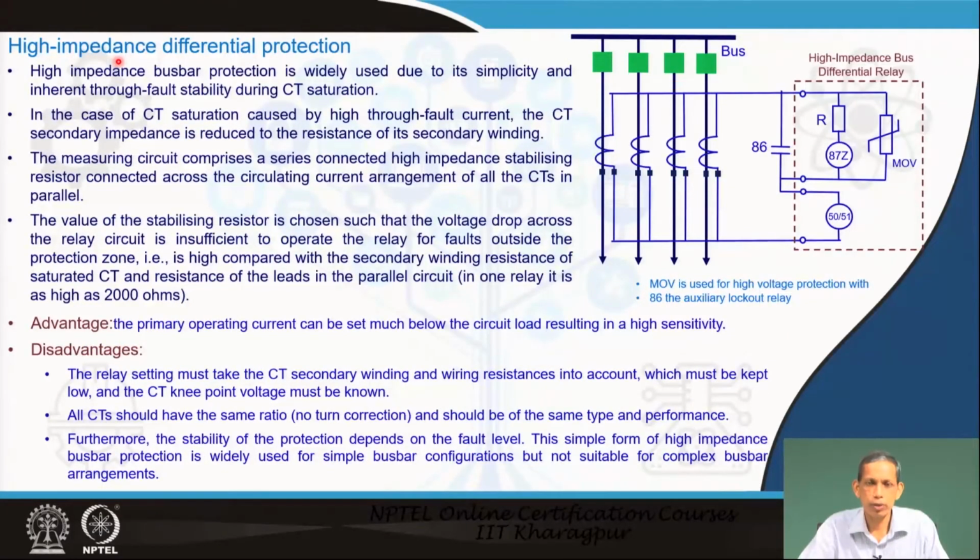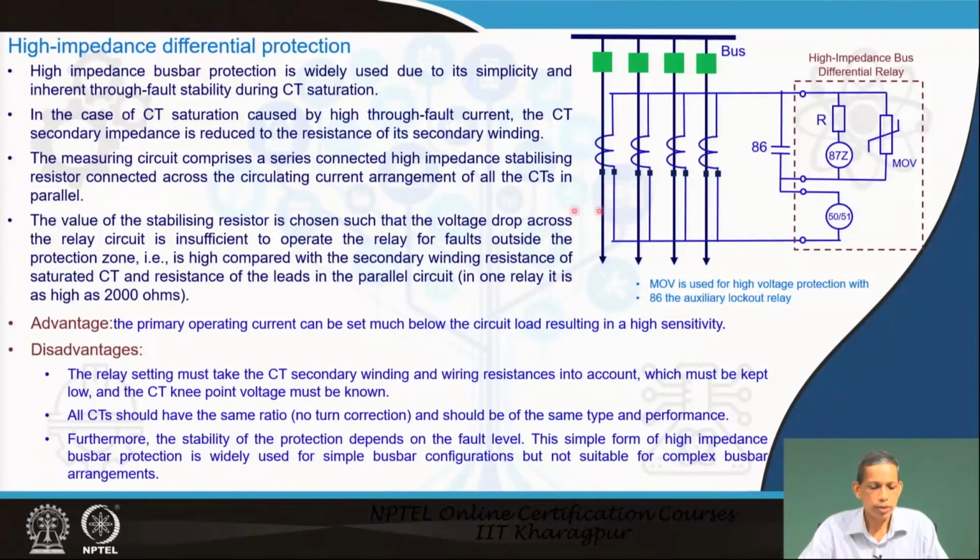The other one is the high impedance differential protection approach. The scheme is like this, and the connection diagram is different from what we saw for the normal differential protections with the low impedance approach. Here we have a high resistance value connected to a highly sensitive overcurrent relay. So, this is the arrangement for the 87Z for the high impedance path. This resistance value can be as high as a few kilo ohms, and it is connected in a mob approach for the protection aspect, and if required an overcurrent relay can also be connected in this fashion.